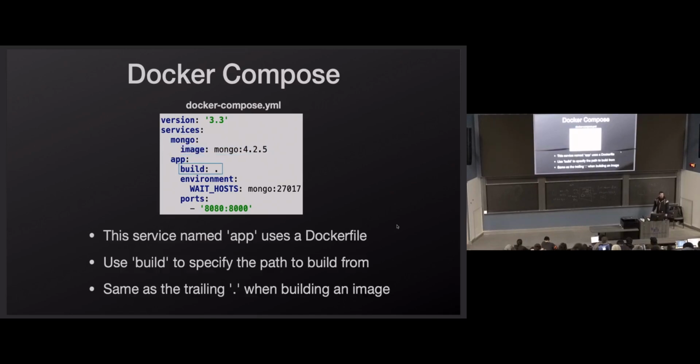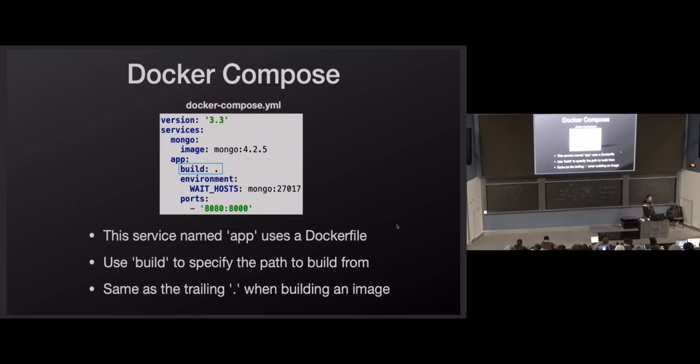For my app, I have to specify all the things that we specified on that run line. So when we did run, -p, the port numbers, the dot, all that stuff is still in here. So build and then dot, this is the directory where it should look for the Dockerfile for this container that's going to be built.